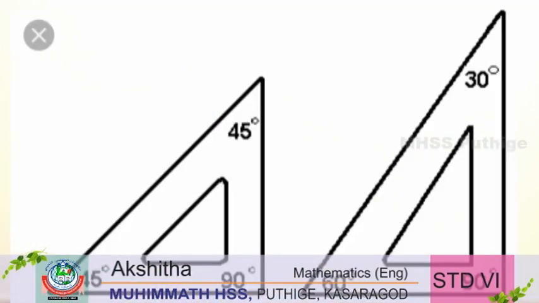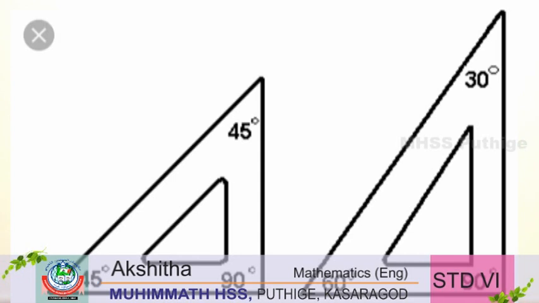In 6th standard, our first lesson is angles. In 5th standard, all of you used set square to divide the circle into equal parts. Let us look at the picture. In the first set square, two angles are same and one angle is different. It means two angles are 45 degree and one angle is 90 degree. Two angles are same and one angle is different here.